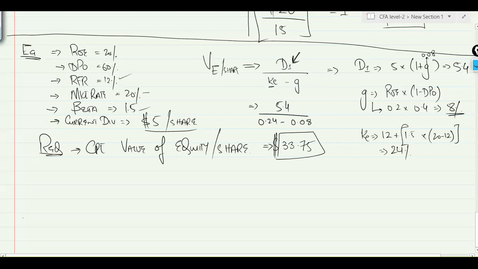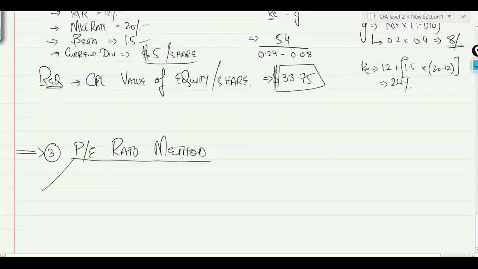Third method is the price to earning ratio method. It's a very simple method, an easy to understand method. What we do over here, we will be using the earnings of the company to compute the value of the share. So we'll take the average price to earning ratio of the industry or sector